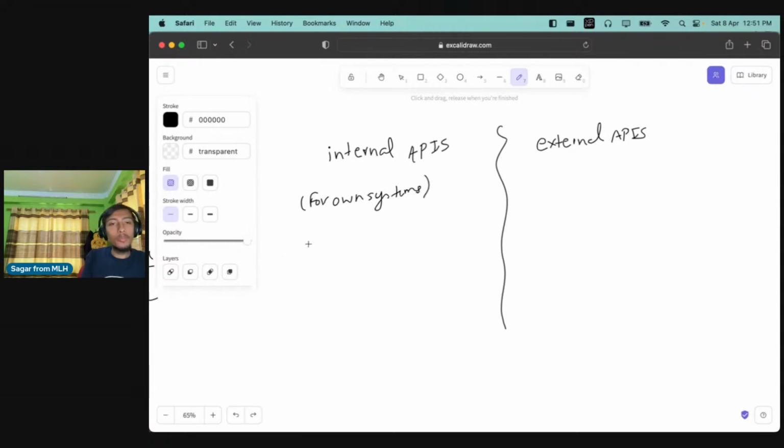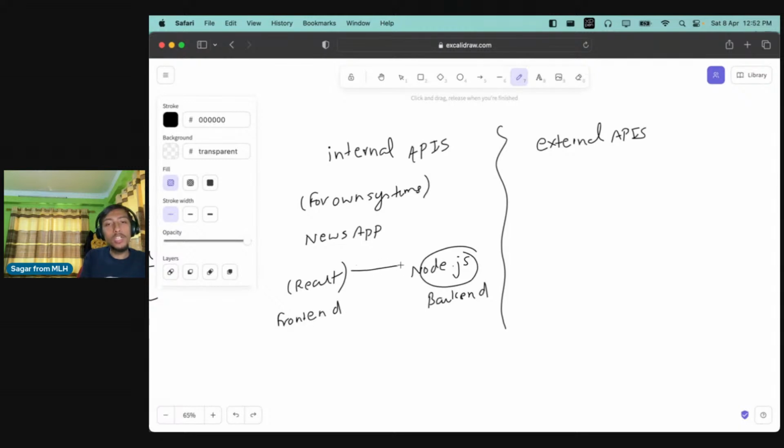So let's say you are trying to build a news app, right? So a news app, and you have a React front end, and you have a Node.js backend. It could be in any other framework, does not matter. So this is your backend, and this is your front end, right? And these two need to communicate with each other for every request. So this is where we have APIs,